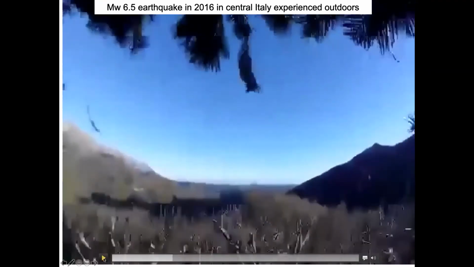So you can hear them saying, "Oh Dio, oh my goodness, oh my God." And you can see that the ground is shaking and all the trees and so on are shaking. I won't play the whole video, but those hunters were absolutely fine. I mean, they were almost certainly shaken up, but they were fine compared to that previous building.